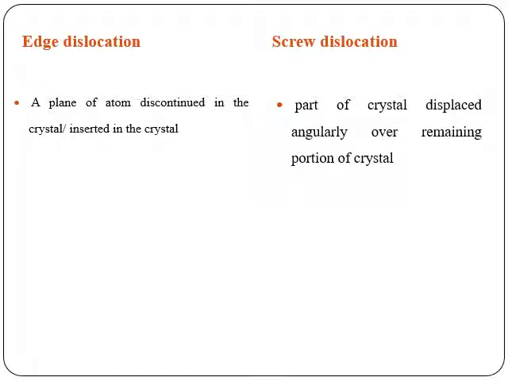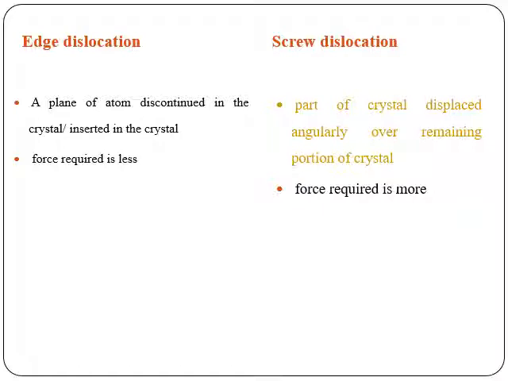So when it is an edge dislocation, a part of the plane of atoms is discontinued or inserted in the crystal. But when we say a screw dislocation, a part of the crystal is displaced. Here we say plane, here we say a part. To create an edge dislocation, the force is less, just insert and leave. But when it comes to the screw dislocation, we need to apply more shear stress in order to create